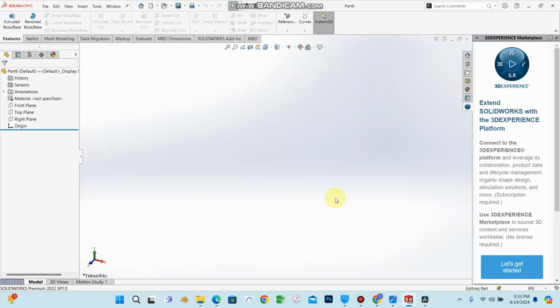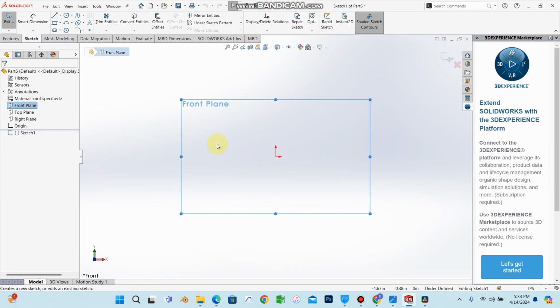another tutorial. In this tutorial, we will be modeling the brackets and then we will be using the mirror feature to mirror. So let's start. We start from the front plane. So we click on the front plane, click on sketch,